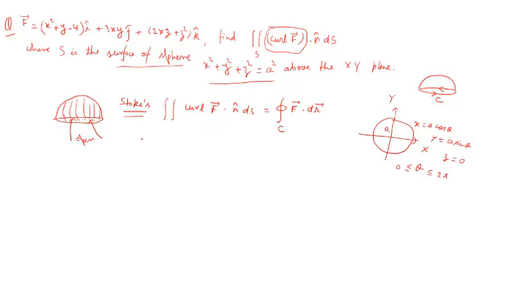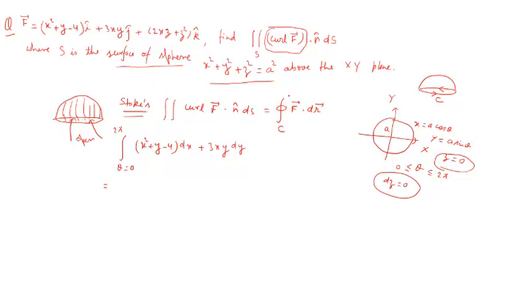f dot dr will be (x square plus y minus 4) multiplied by dx plus 3xy into dy, and dz will be 0. Since z is constant, z is 0, it means that dz will also be 0. So we get only this. Theta is from 0 to 2 pi. Now if we substitute the values of x, y here,